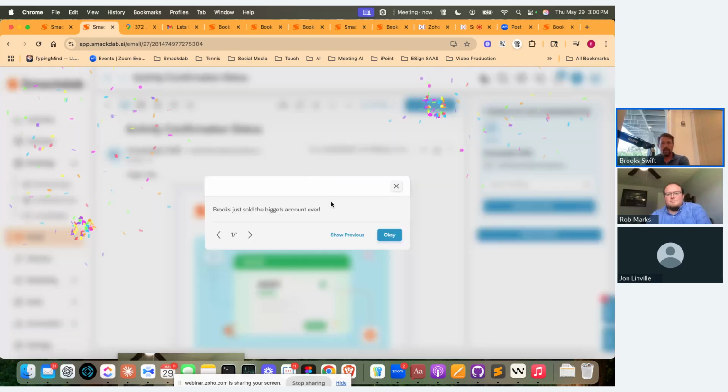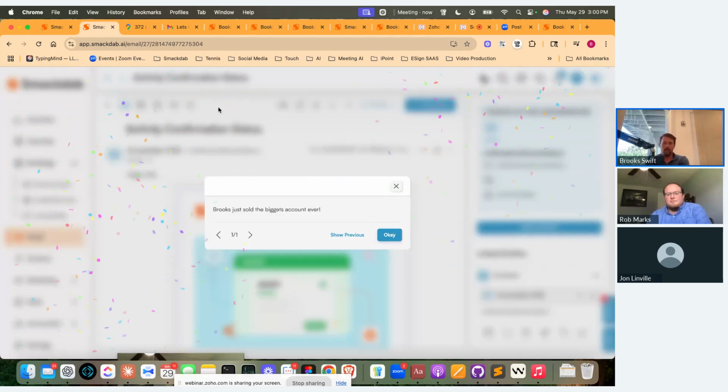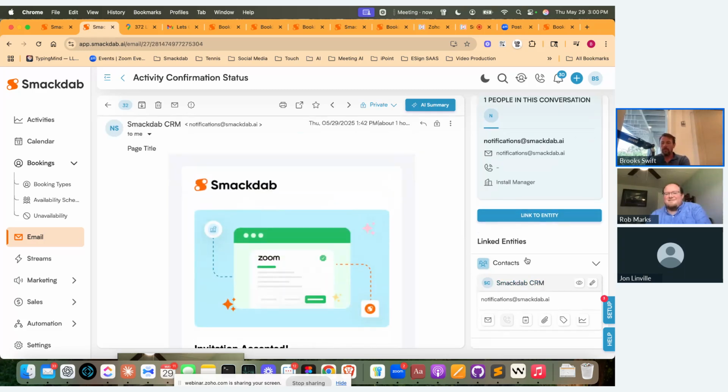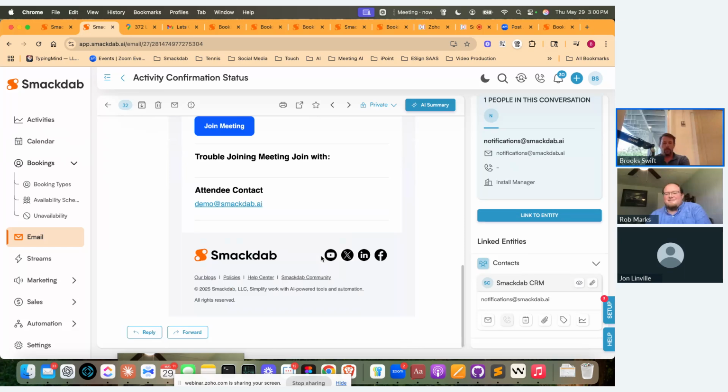And I did have, that's an automation right there. So you can do announcements and celebrations and stuff. So that's why it just did that. I had an automation I had demoed for somebody about how every time you create a contact, we can throw a little party. Once you have it linked up, if there was a signature, which there's not on this,